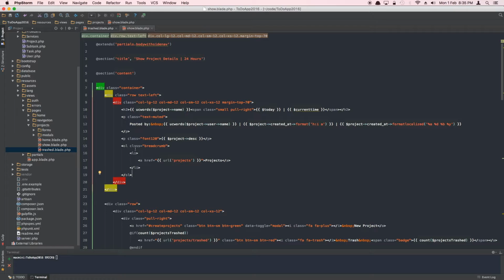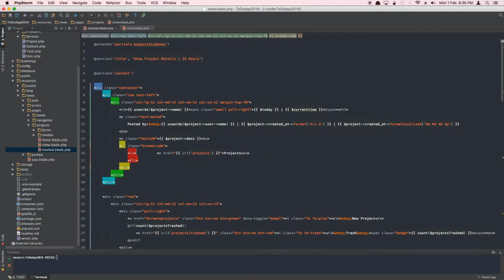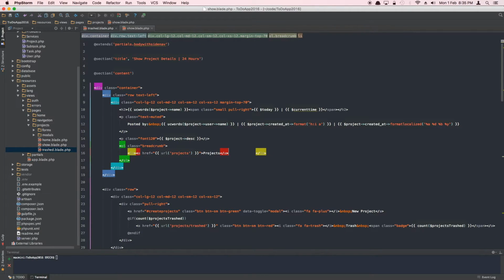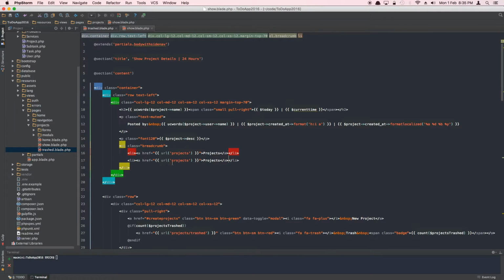We want to make sure the breadcrumb is visible. I'm just going to edit a little bit here, indenting, because we're going to be making copies of this. So we can go back to projects. Once we are inside the specific project, we can go back to the project. We're going to create another li, and that's going to be basically,